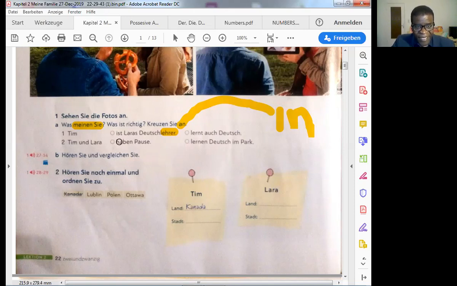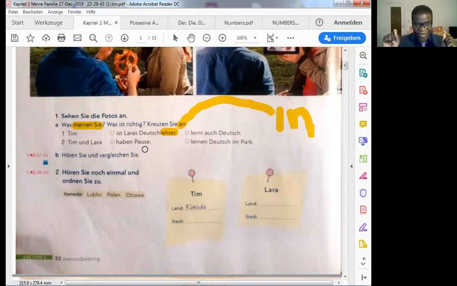Now, ist means is. Tim is Lara's Deutschlehrer. Tim is Lara's German teacher. Now, there's no apostrophe here. In German, we don't use the possessive apostrophe like in English: John's book, Peter's book, Maria's house.